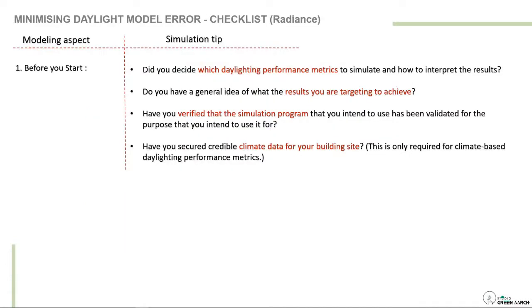So some checklist that you should always follow while designing a model for daylight simulation. Before the start, you should always be very clear with some particular points. For example, which daylight performance metric you are trying to correlate with what you are trying to do. For example, I want to understand if my particular space is daylit or not. What is the range I want to find out? Which metric is very useful? Will I go for a point in time analysis or will I go for a yearly simulation? So everything should be preoccupied in our mind.